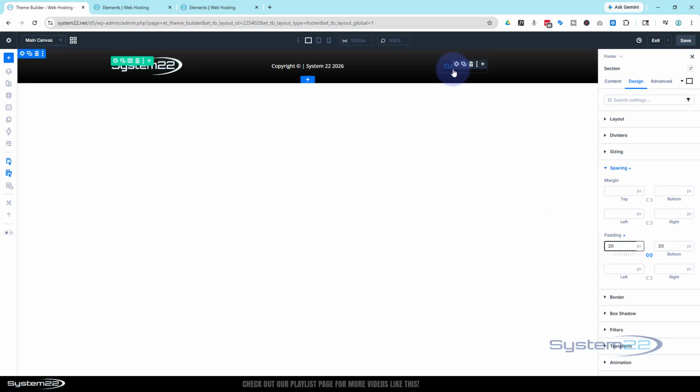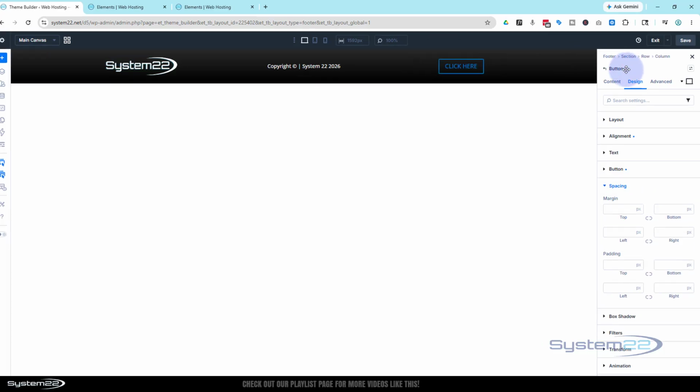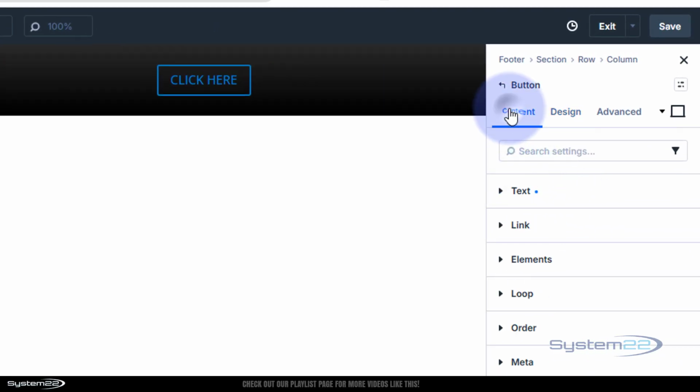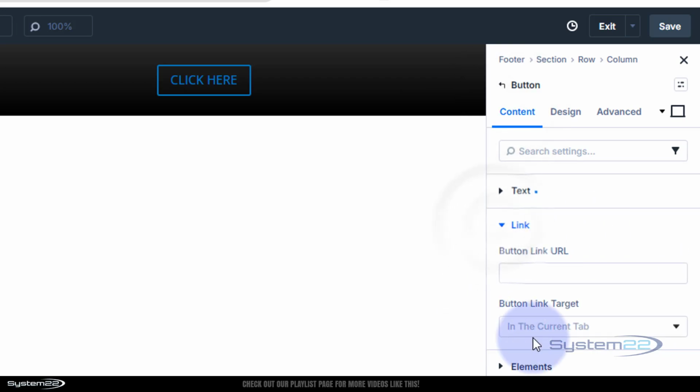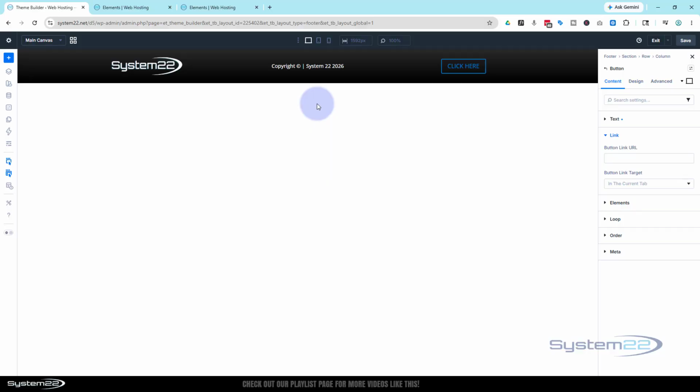Okay, with our button here, you'll notice, if I click on it, we're back in the button. I did not put a link in it under contents where you put a link in. I've left all of this blank. Now let's create the section that we actually want to pop up when we click on this, which contains our